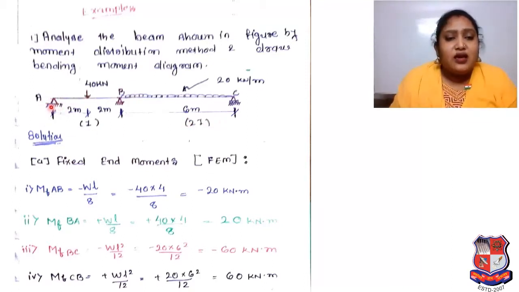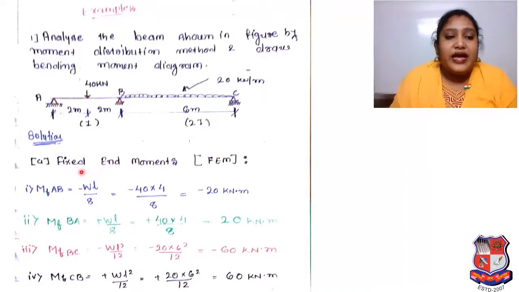Here you can see the beam is given. There are three supports, A, B and C. A 40 kilonewton load is given between the supports at a symmetric distance, 2 meter, 2 meter. In this 4 meter span, I is there. Here the 40 kilonewton load is there. Between supports B and C, the length is 6 meter, where the moment of inertia is 2I. Please keep in mind it is I and it is 2I. And a UDL is given, 20 kilonewton per meter.